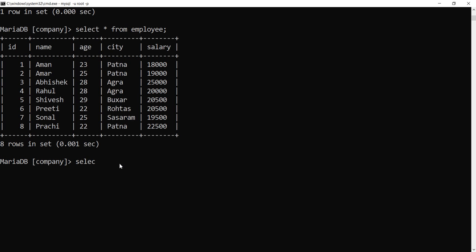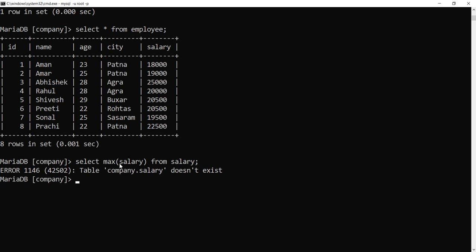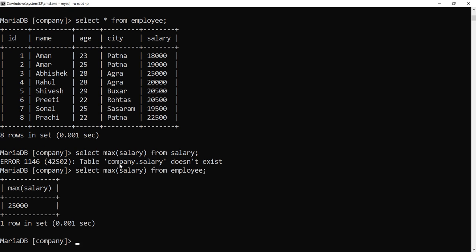Type select max salary, or age if you want to get the maximum age from the age column, from employee. 25,000 is the maximum value of the salary column.